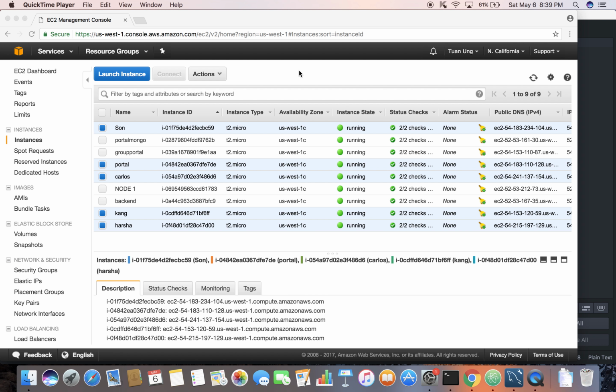So this video shows how I configure AWS for my personal project, a multi-tenancy grading system. And you can see on the screen, I have 5 different AWS EC2 instances, one instance named Portal. This Portal instance will hold the Portal side application where the grader comes in to set up the grading attributes